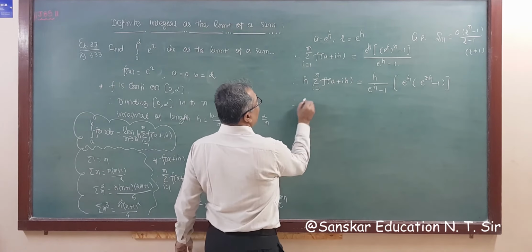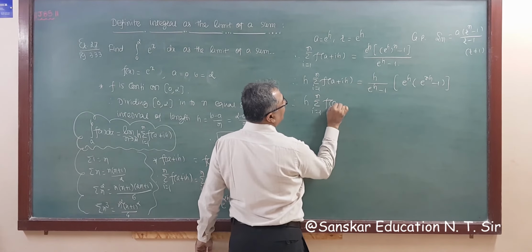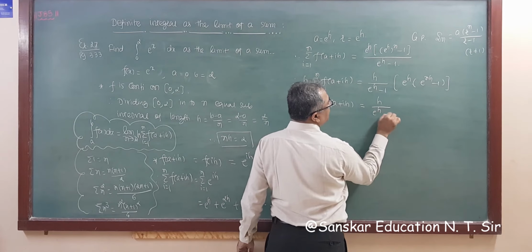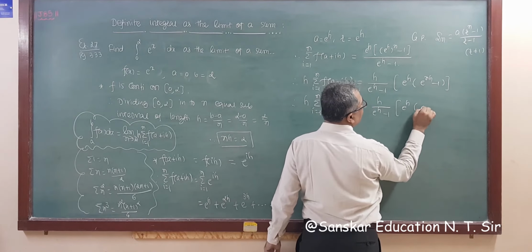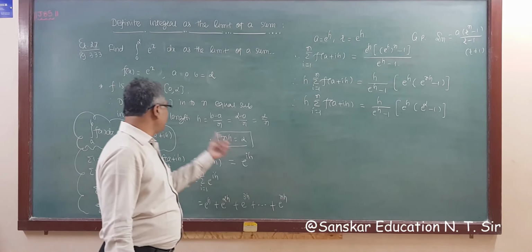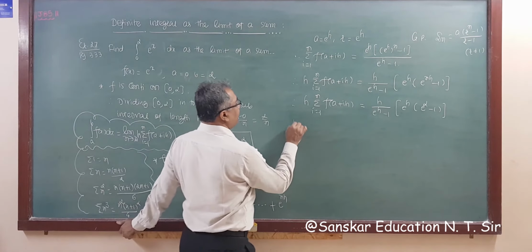So what we get? h into sigma i running from 1 to n f of a plus ih is equal to h into e raised to h minus 1. e raised to h is as it is, and nh is 2. So e square minus 1. Now everything is completed. So applying limit means by definition. So by definition,